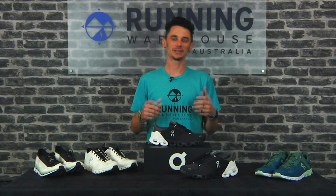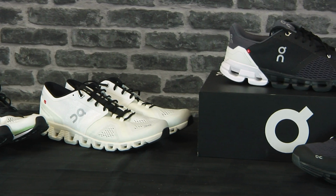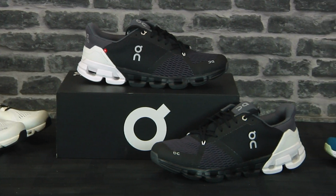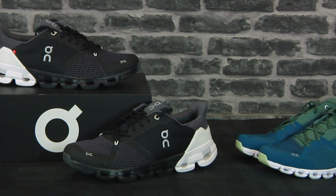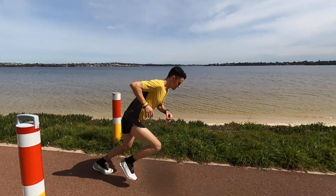With a new running group in Boulder, Colorado, filled with young talent, On is making moves in the running scene. And today we're going to take a look at some shoes for race day, your lightweight trainer, your everyday trainer, and even the gym from On. We're going to run the full spectrum of the On range for race day and fast day workouts with a